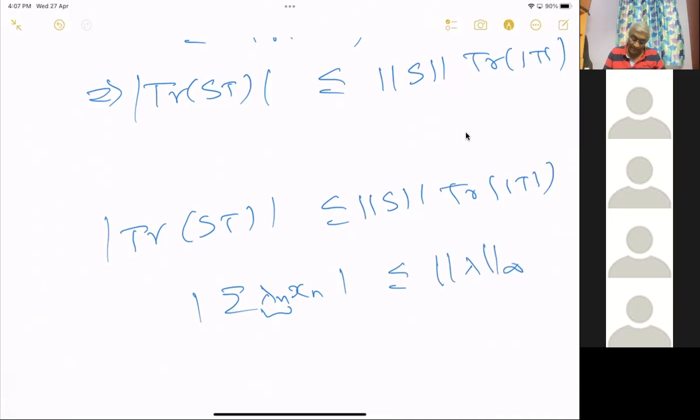L infinity norm of lambda times x, norm of 1. If x is the sequence x_n and lambda is a sequence lambda_n, then this is clear for an L1 sequence and an L infinity sequence. But then we cannot